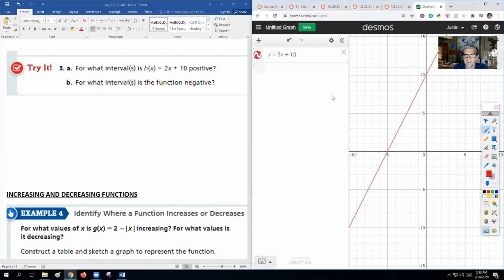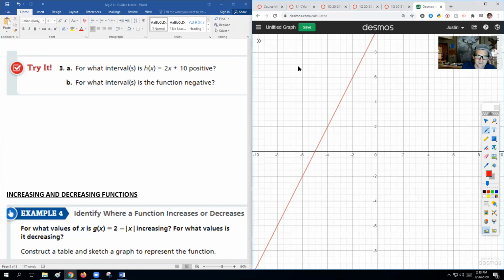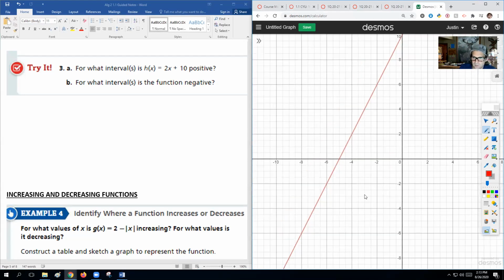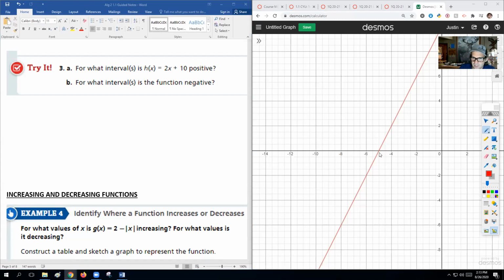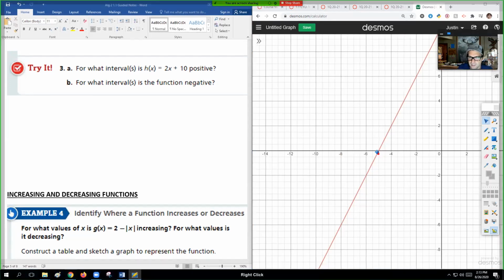Okay, so remember, positive and negative values is where it crosses the x-axis. So it seems like right here, the only time it crosses the x-axis is at -5. So if we're going to talk about positive, it is positive from -5 all the way over to infinity. So -5 is the lowest it is positive, and everything on to the right, all the way up towards infinity and beyond, it stays above